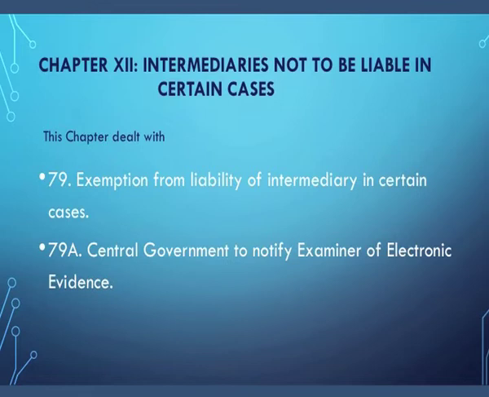According to the provisions of the Act, no person providing any service as a network service provider shall be liable under this Act, rules or regulations made thereunder for any third party information or data made available by him if he proves that the offence or contravention was committed without his knowledge or that he had exercised all due diligence to prevent the commission of such offence